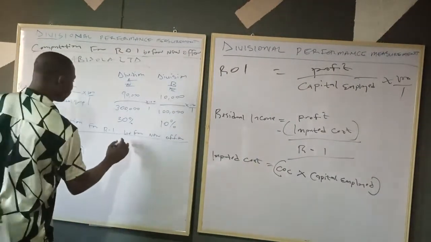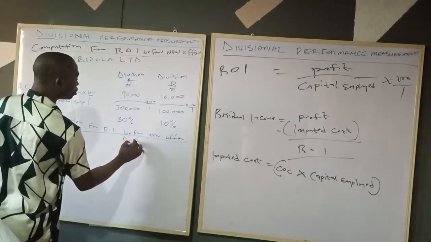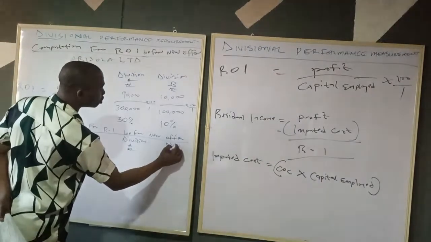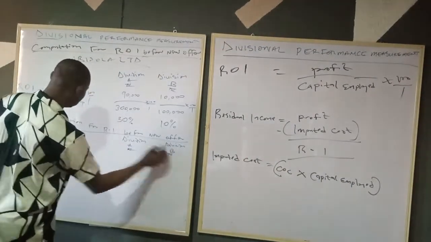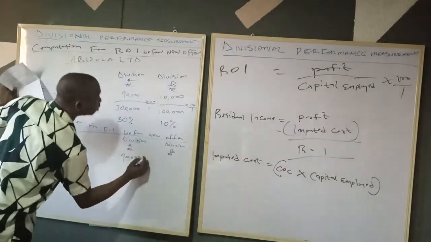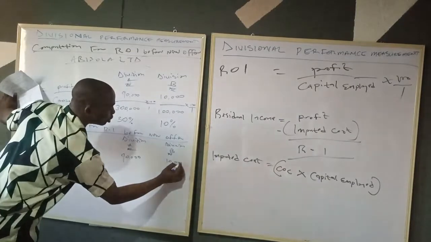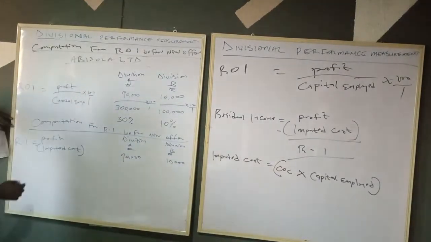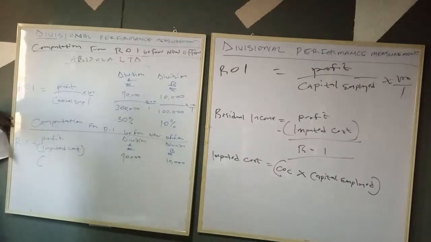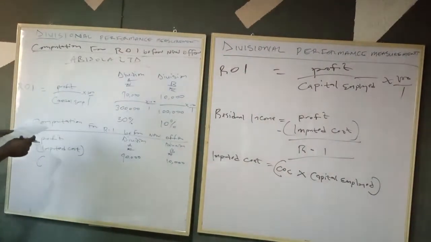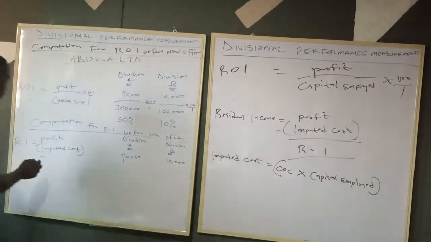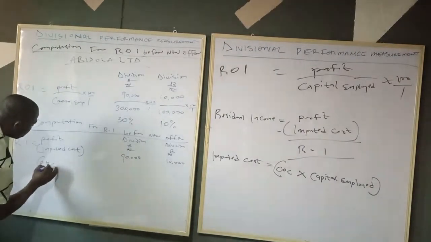So we have division A, we have division B. So our profit is 90,000 and 10,000 respectively. Then our imputed cost, which is cost of capital multiplied by capital employed. Cost of capital for the company is being given, right? They say the company's cost of capital is 15%. So it's going to be 0.15 times